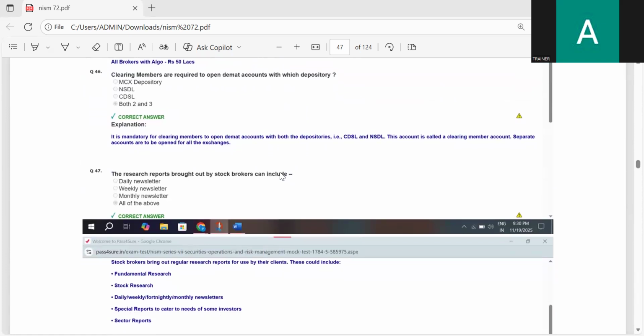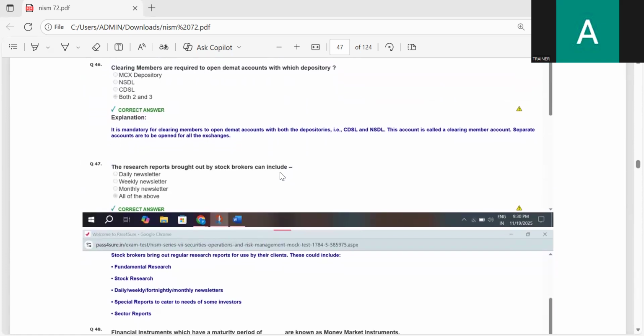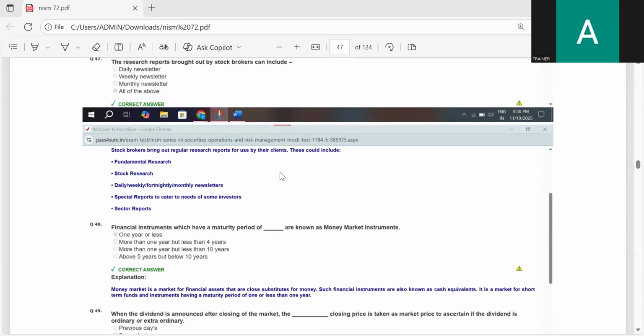Clearing members are required to open a demat account with which depository? NSDL and CDSL. Clearing members are required to open a demat account with this depository. NSDL and CDSL. Both options 2 and 3 are correct. The research reports brought